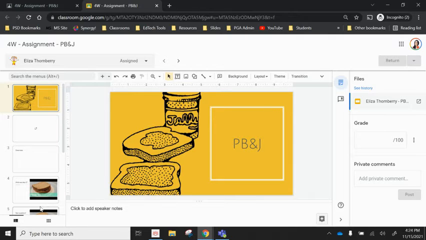Now, this would look very similar no matter what type of document it is. If it was a Google Doc, the doc would be here in the middle. If it was an image, the image would be here in the middle. And you would have the same features running up the top and the right-hand side. I do love grading on Google Slides, but that's a video for another day, sort of about how and why